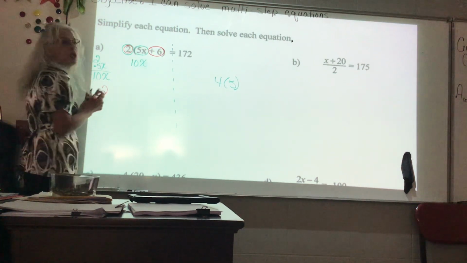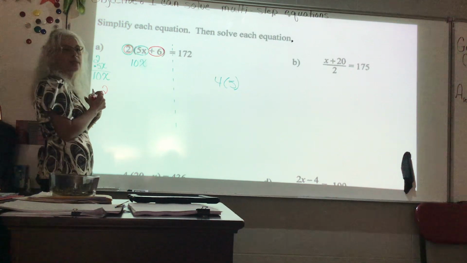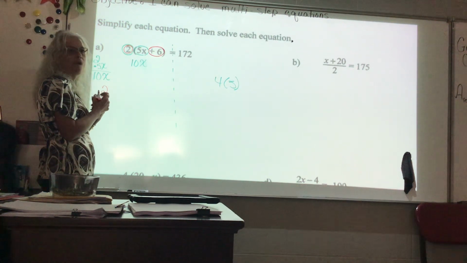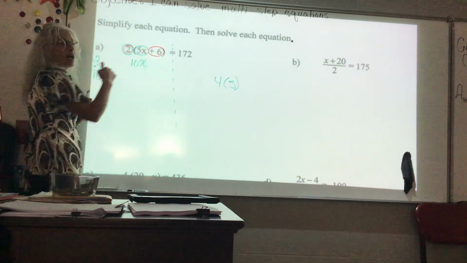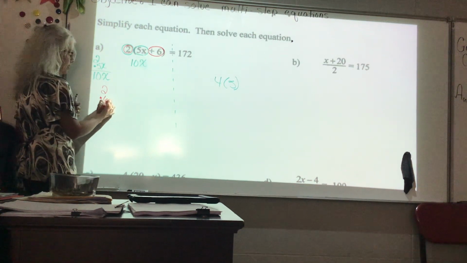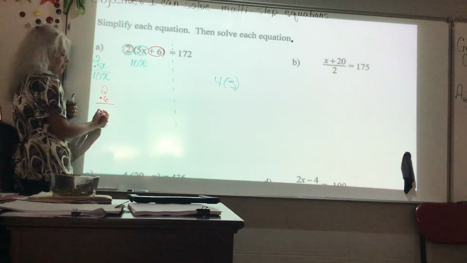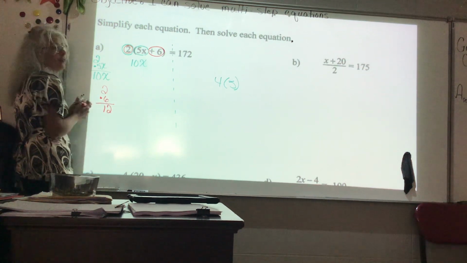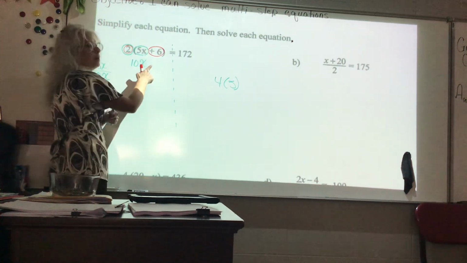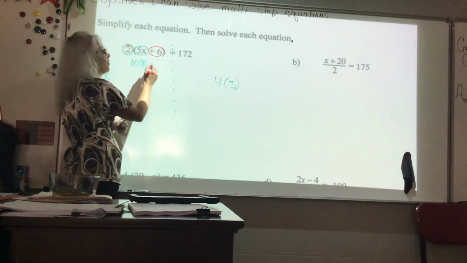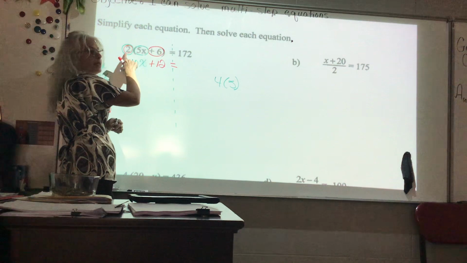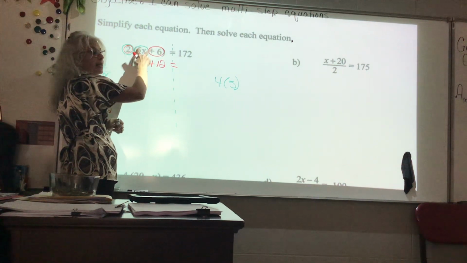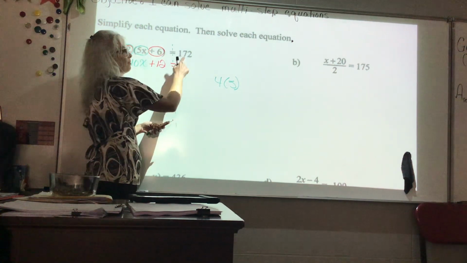Positive. Who can raise their hand and tell me why I'm using positive? Mario? Good, there's a plus sign in front of the 6. And then 2 times 6 is? 12. And is that positive or negative? So am I going to put plus 12 or minus 12? Good job. So we distributed the 2 to each number inside of the parentheses,